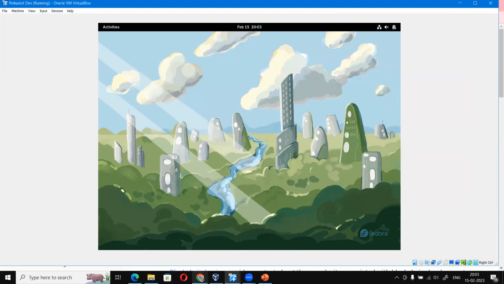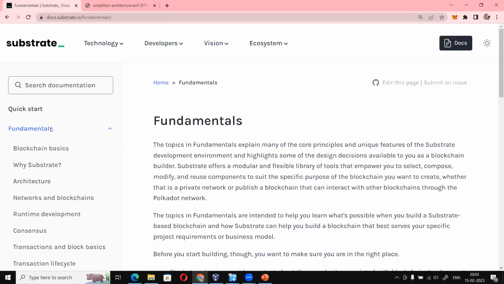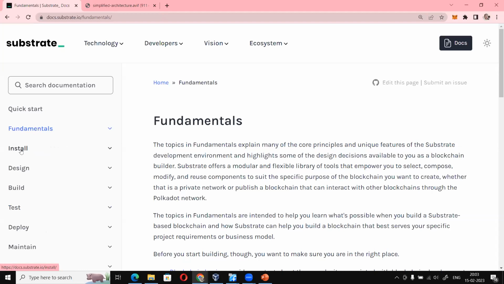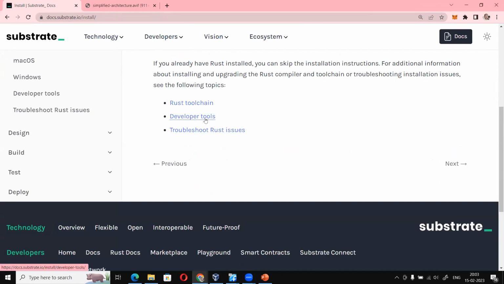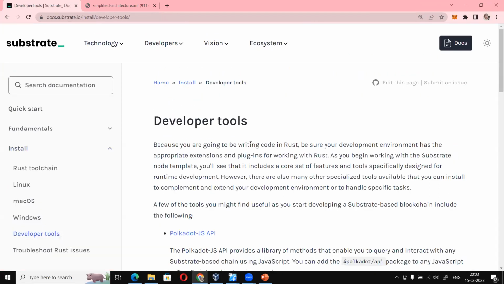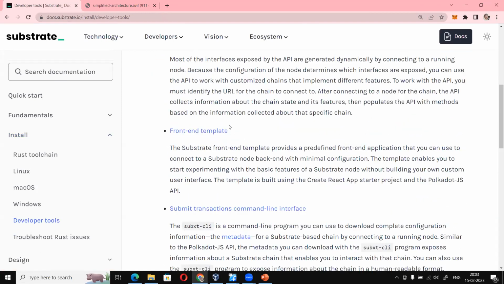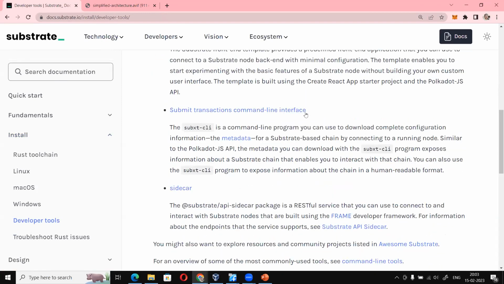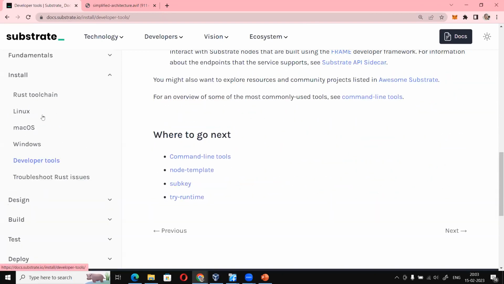Okay. So first off, what we need to do is let's come back up here. So let's go to the install. So one is the Rust toolchain. Then you need developer tools. Developer tools basically means you have to have this polkadot.js API, front end template, transactions command line interface, sidecar, and all those things. And more importantly,